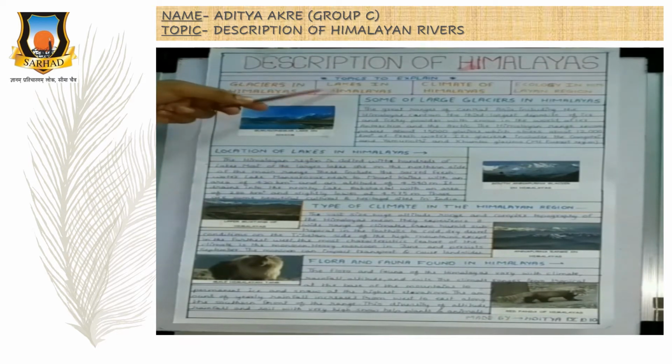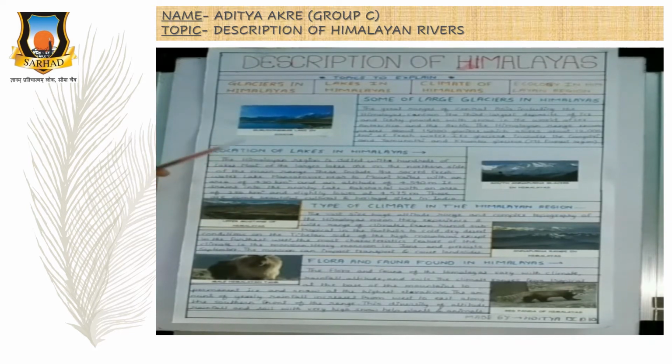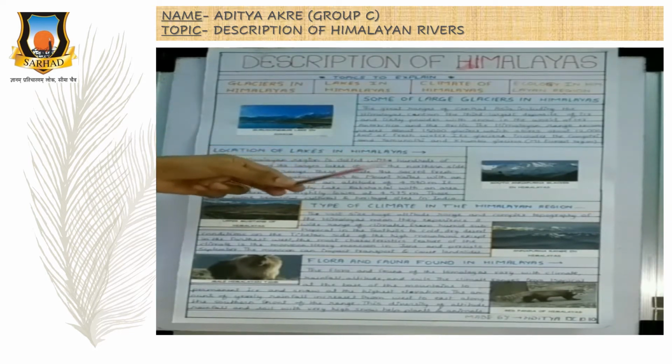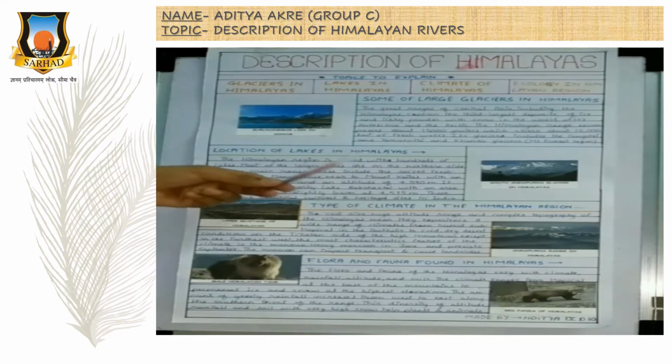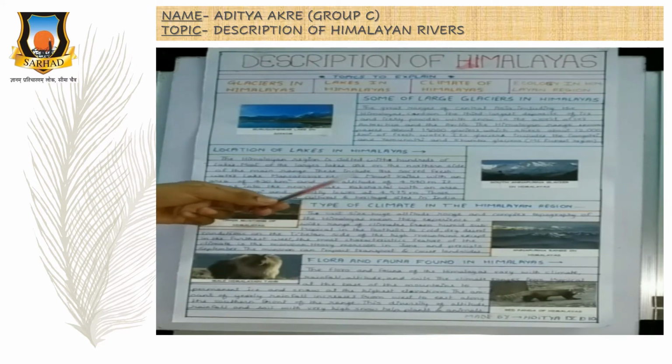The next topic in our second part is lakes in Himalayas, in which we are going to look at the location and stats of lakes in Himalayas. The Himalayan region is dotted with hundreds of lakes. Most of the larger lakes are on the northern side of the main range. These include the sacred freshwater lake Manasarovar, near Mount Kailash, with an area of 420 km² and an altitude